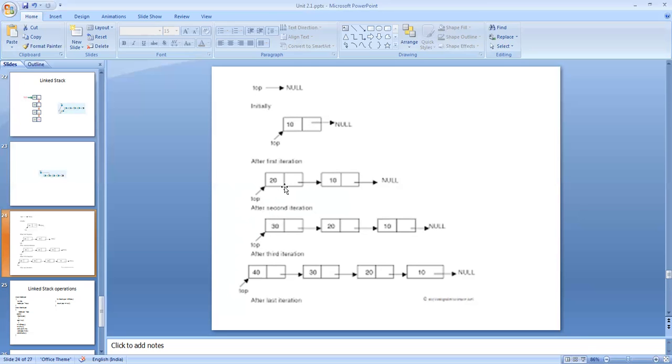When another node is inserted, the node for the new value is created, top will be pointing to that one, and the pointer field of the new node will be pointing to the previous node, like this. So it should be understood that top will always point to the node having the topmost value.